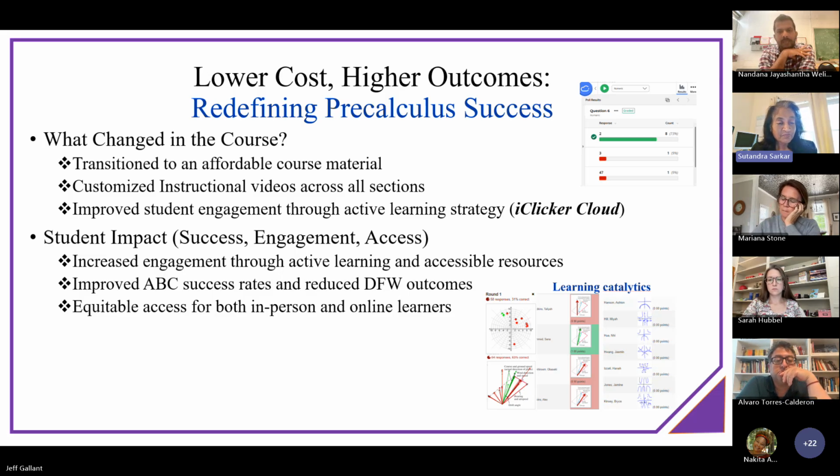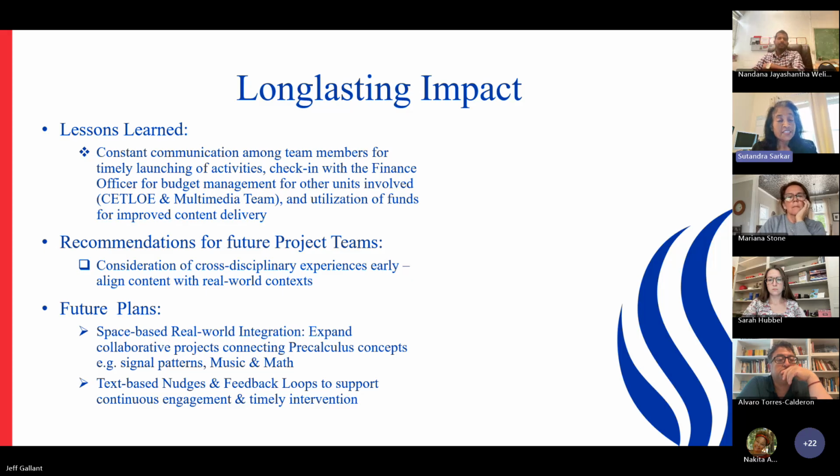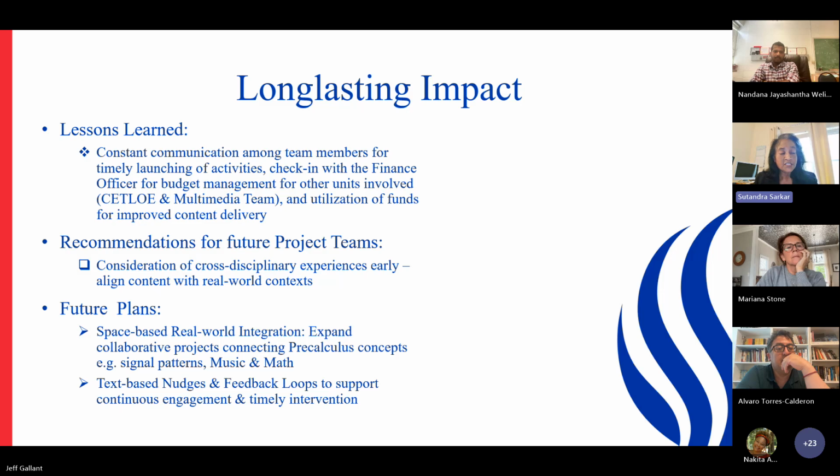Next slide, please. So we do get to see the long-lasting impact, right? What we have learned from this delivery is constant communication among the team members. Definitely, when we are going to implement something new, how we are going to deliver. Then we also learned another big lesson of staying on top of the budget part, which is working with the finance officer and making sure